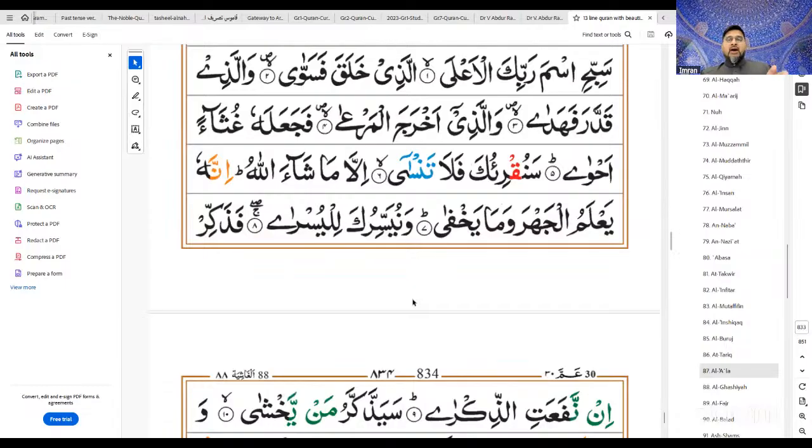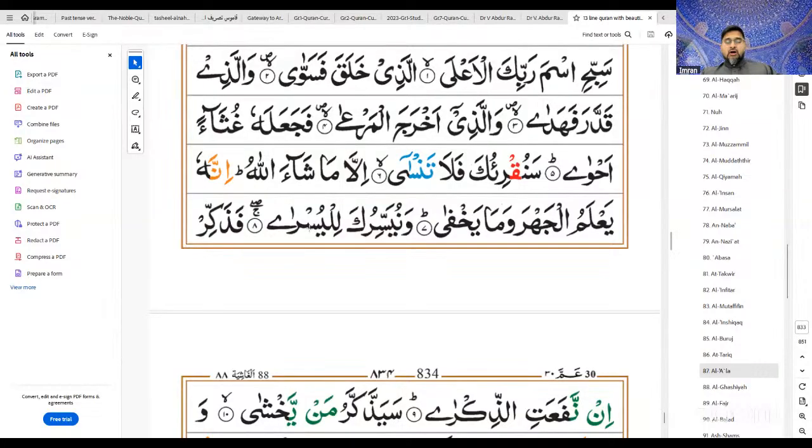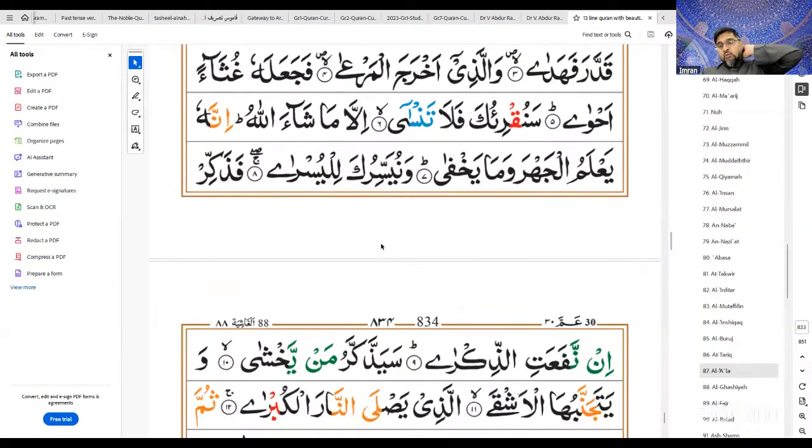But normally the command is for the second person, where instead of the noon there should be a ta. Is that okay, Sister Zeenat? Normally there's a ta in the beginning. Instead of a noon or alif or a ya, it should normally be a ta, which indicates second person. So it should have been tuyassiruka, you will make easy for you, yusra. But of course the ayah of the Quran is we shall make. Allah subhanahu wa ta'ala says we. Anyone else who is there? There's one more command and then inshallah we'll move on.